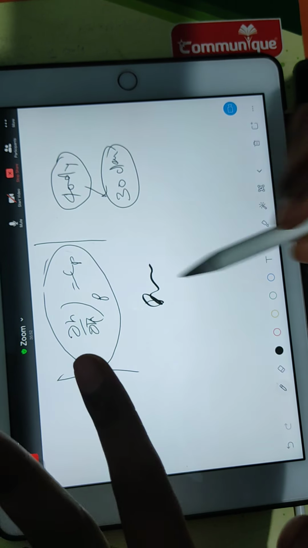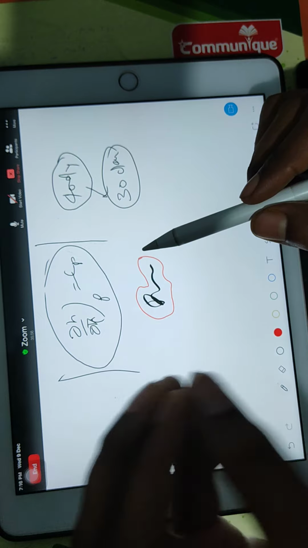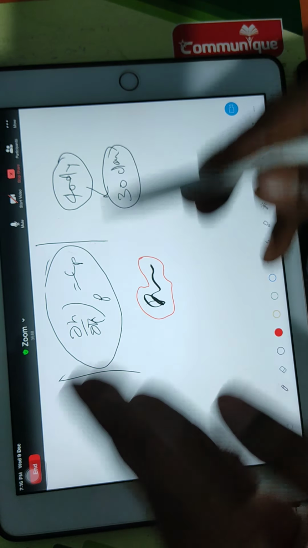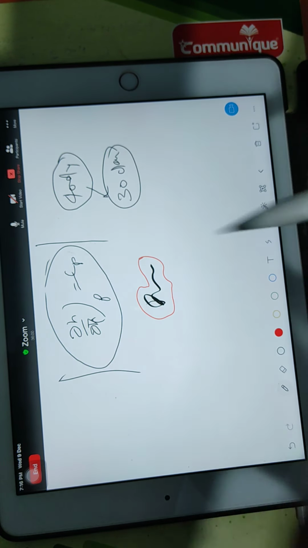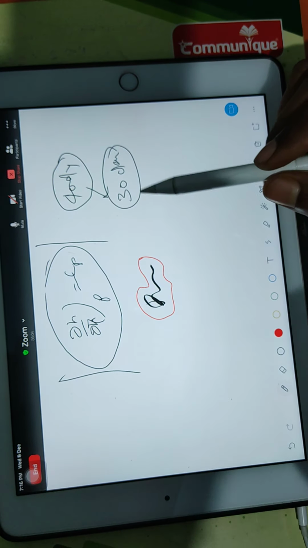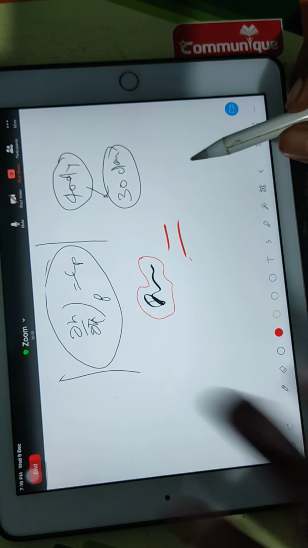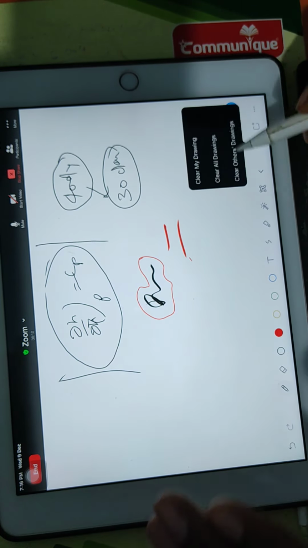Because one thing I'm sure, now your concept is building up. So if your concept is building up, then it is your responsibility that every day, whatever I have taught, take a screenshot and revise that only. No need to revise anything else because my words will be there in your mind. If you do not revise for 2-3 days, you will forget everything. So keep on revising everything.